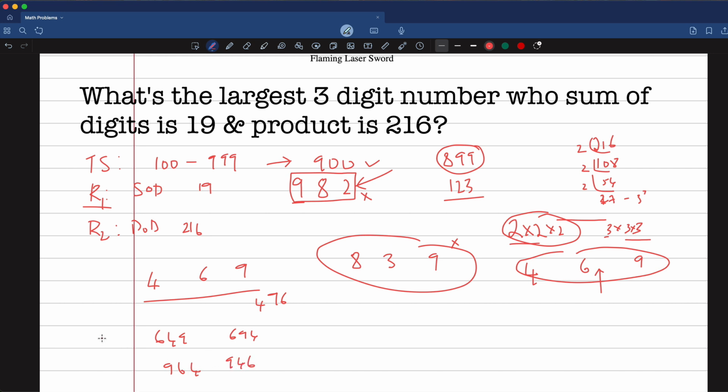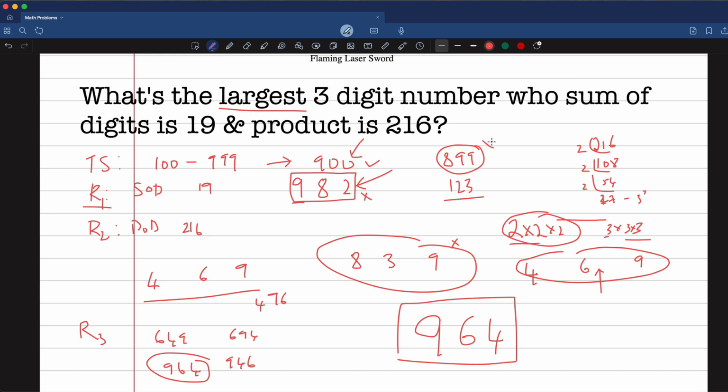6 possibilities. And this is where you need the third razor, the third filter, which says to find the largest. So if you have a combination of 6 numbers, you need to go to the largest one. Right? So is it possible to do the largest one here? Yes, the answer is 964. Therefore, 964 is the only 3-digit number out of 900 possible ones after having eliminated 899 different numbers thanks to the 3 razors,